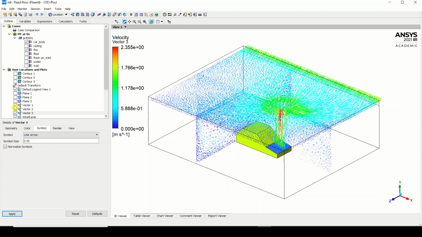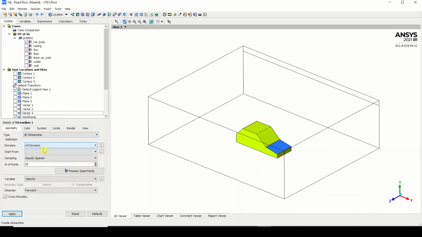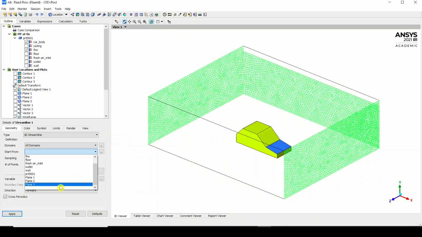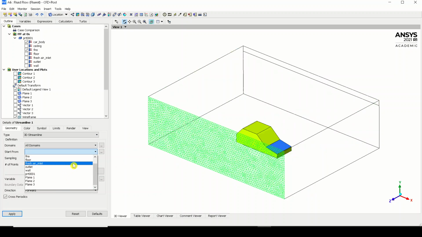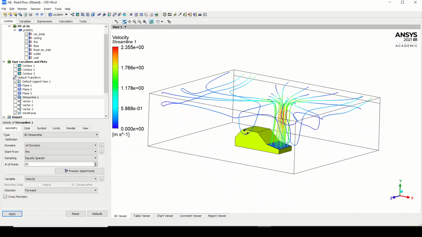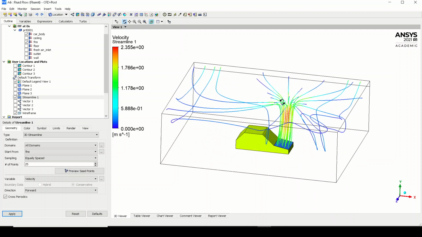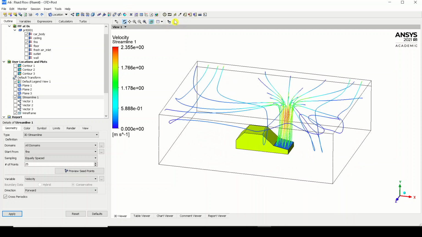Now what we can do is, I'll just turn off the vectors, and now we will be working on the streamlines over here. Streamlines can be created from the inlet, or it can also be created from the fire. Okay, let us just see what is happening from the fire. So this is how they are propagating after impacting with the ceiling. Okay, and for this we can add up